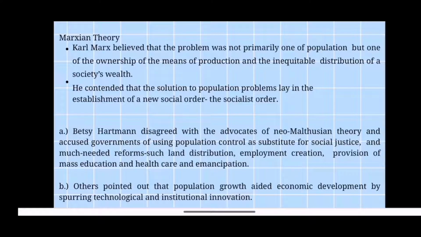Matatandaan sa Malthusian theory ay sinabi ni Thomas Malthus na ang isa sa pinakamabisang daan upang maiwasan ang mabilis na pagtaas ng populasyon ay ang sexual abstinence, ngunit iyon ay ginagamit lang umano upang akusahan ang gobyerno na pagpapalit sa isang social justice according to Betsy Hartman. And according to him, ang pinaka-kailangan talaga ay ang mga reforma sa pagdidistribusyon ng lupa, pagpuproduce ng mga trabaho at pagsasagawa ng isang pangmalawakang edukasyon, pangkalusugan.